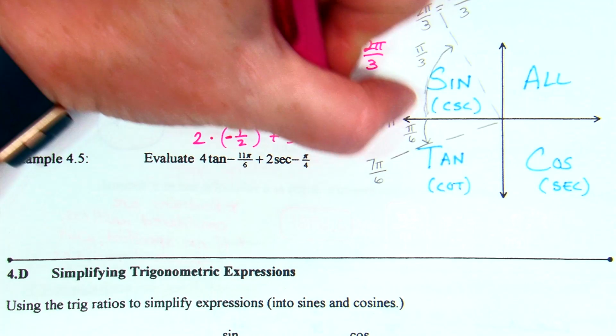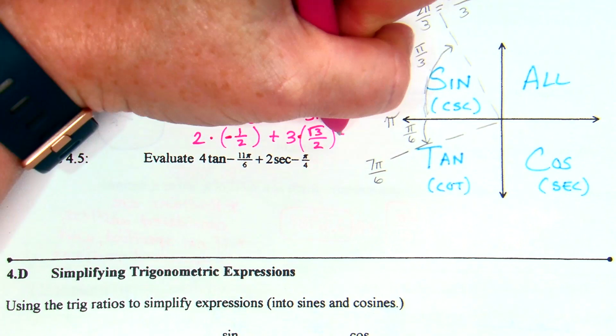Okay, 2 times negative 1/2 is negative 1, plus 3 times radical 3 over 2. 3 square root of 3 over 2. I'm going to leave it as that. Negative 1 plus 3 radical 3 over 2. You could say, make it